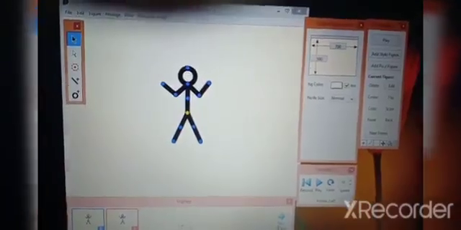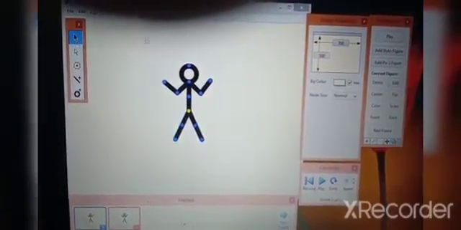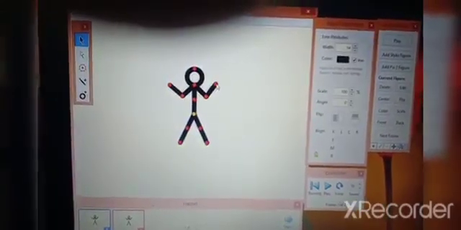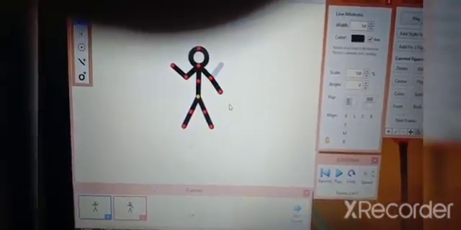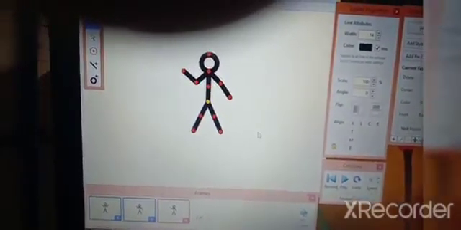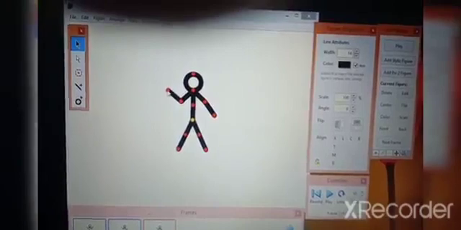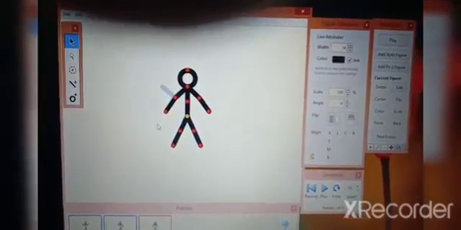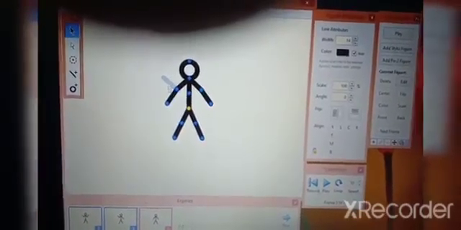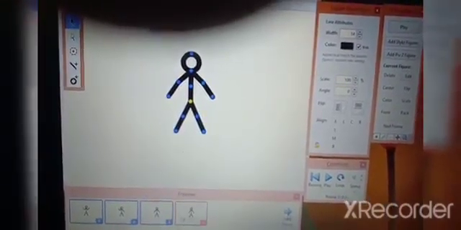Now children, see here. Just click on this and move this hand down. This we are doing in the second slide. Now take a third slide, click on the select tool and move this hand down. This is in the third slide, and you can see your onion skin, like this mark in the third slide. Now take a fourth slide.